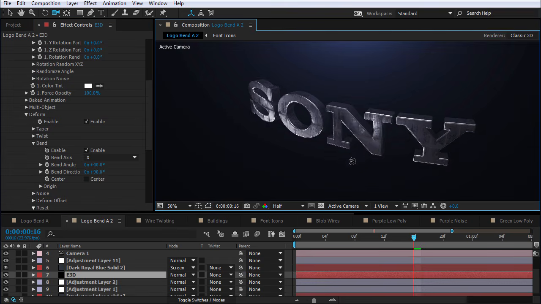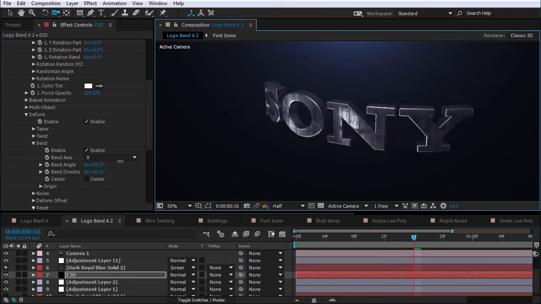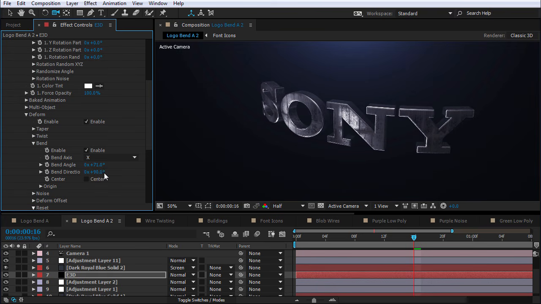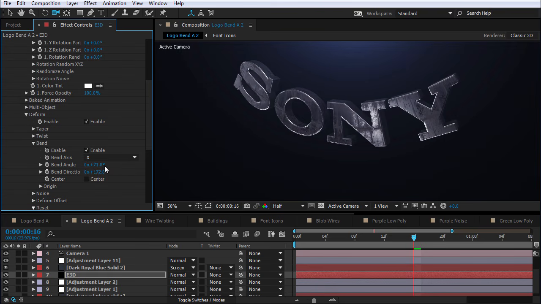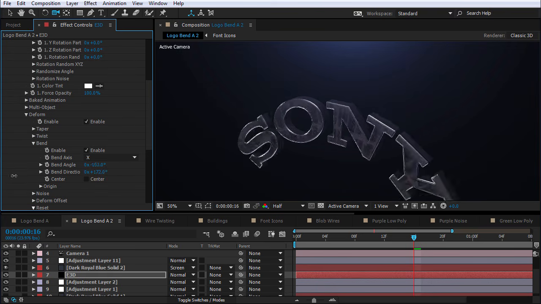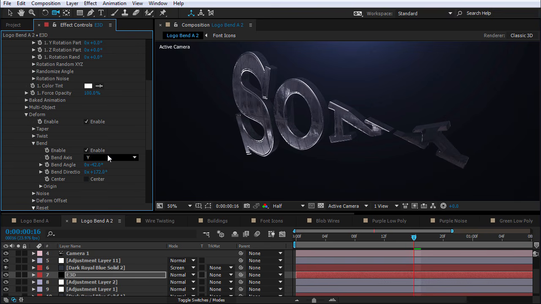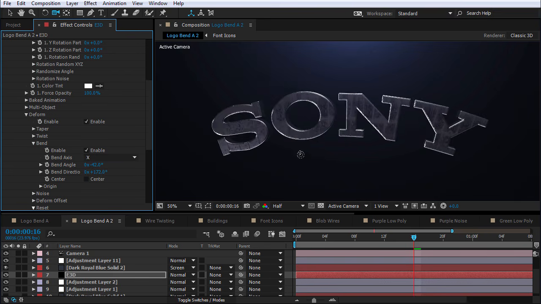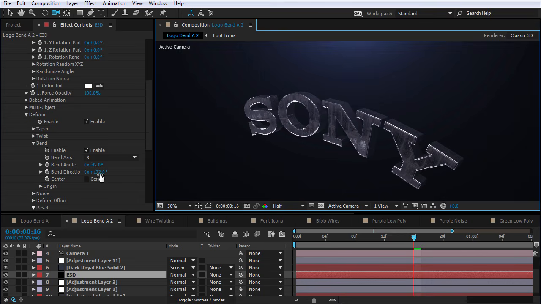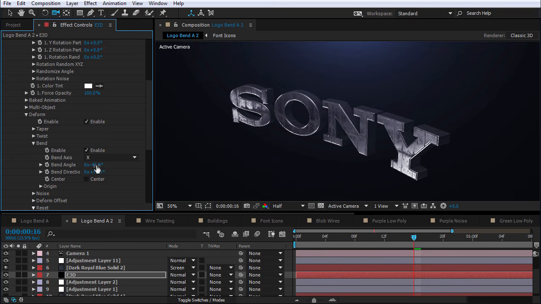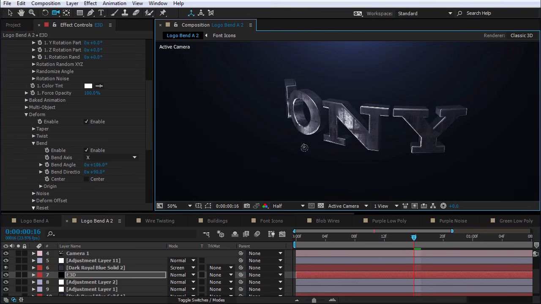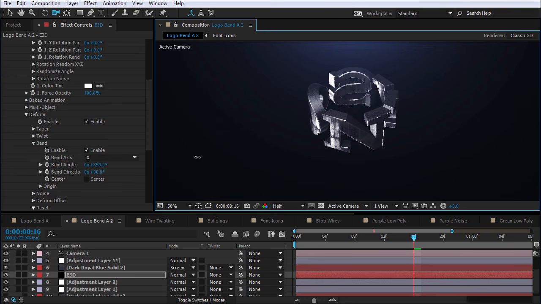Okay. All right, so I have another example here. I've got the Sony logo, and I can bend it. Now notice I have a bend direction, so I can change the direction, so I can bend it up, or I can bend it down, depending on what you want, and of course on all of the other axes. So if you feel like it starts doing some weird thing, try one of the other axis modes. So let's go set this back, and so I can bend this, and I can bend it into a circle,